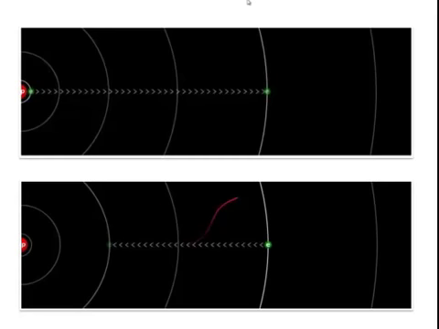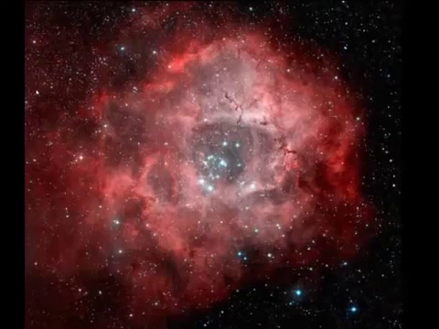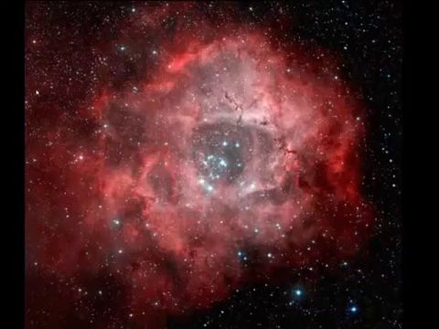The key here is that there has to be some form of energy coming into the atom, something that's giving the energy to the electrons so they can then emit. Here's a beautiful example of an emission nebula. This is the Rosette Nebula, the same nebula you saw at the beginning of our lesson. It looks very different here. This is more like its true color. It's mostly red. The picture you saw at the start had several different colors in it, due to using different filters, so you're seeing different parts of it.